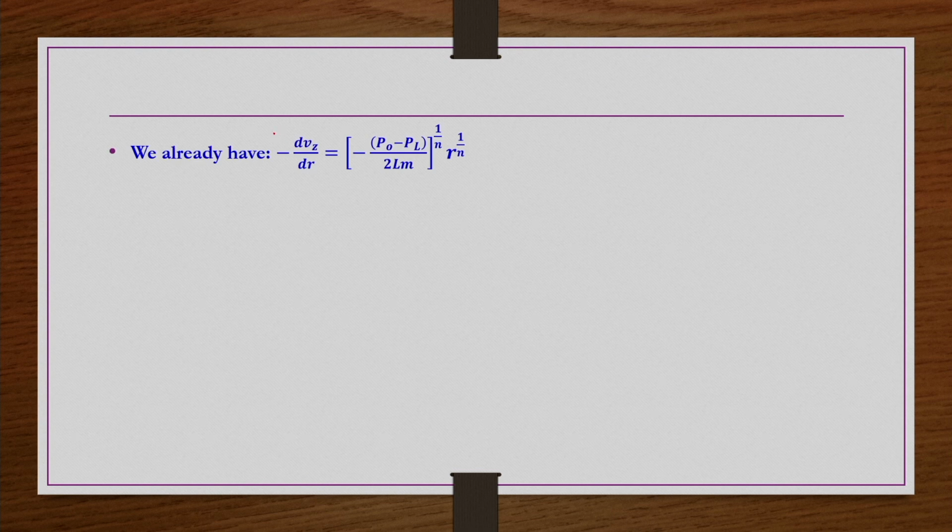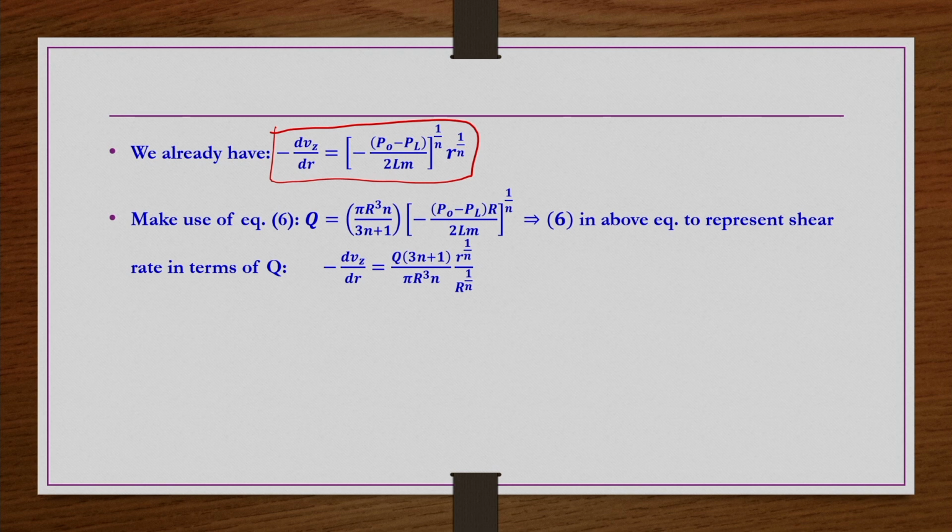So, as I already mentioned at the beginning, this equation that we have already derived, we are going to reuse somewhere later. So, this is the point, we wanted to find out the shear rate as function of Q. So, now this is what we have already seen in one of the previous slides. Now, in the just previous slide for Q we got this expression, equation number 6, right.